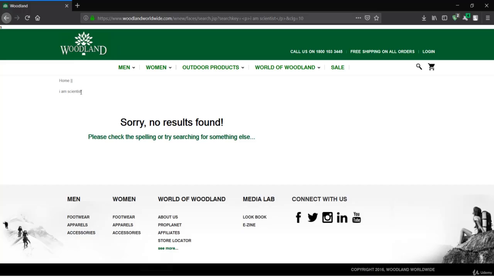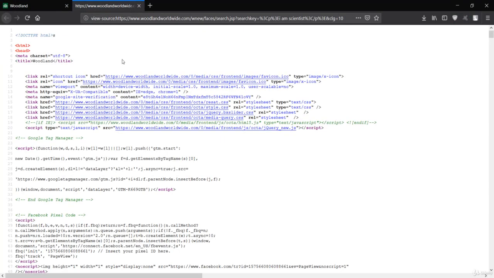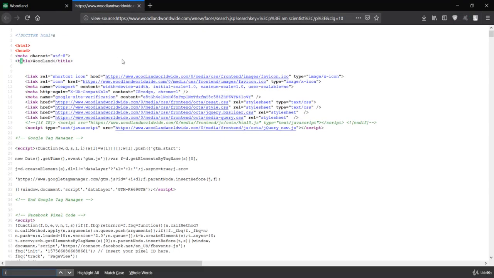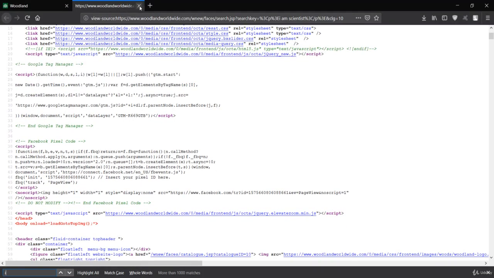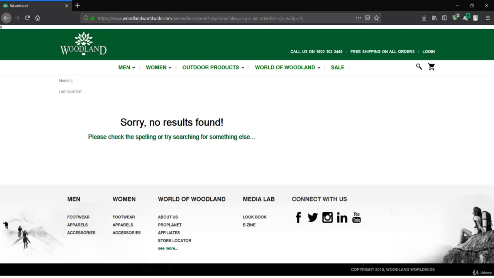So first of all, you just see if the content or anything you write in the search field is reflected in the web page or not. Sometimes it will be invisible over here, but if you search in the page source, then you could see that it is reflected in a hidden way. So if you see something like that reflected in the page, that means you have the HTML injection.